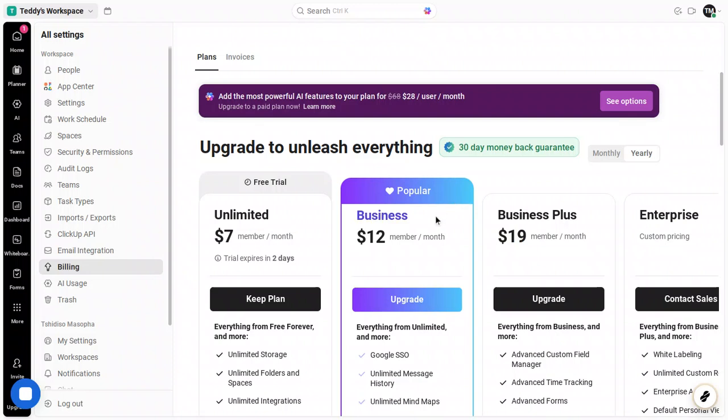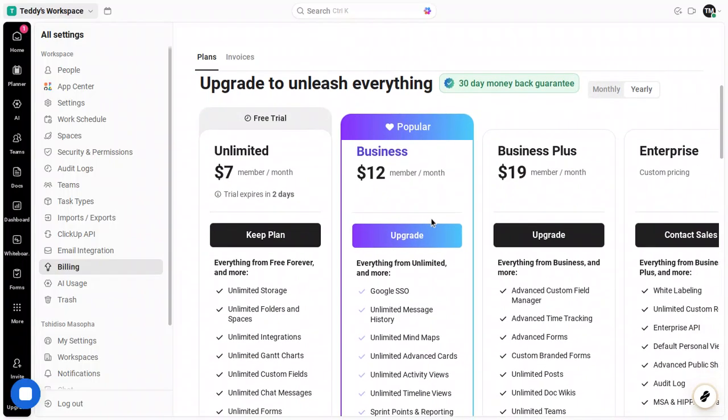With settings open, navigate to billing. This section is important for keeping your subscription in good shape. Click the billing option to review your current plan, monitor usage, and update payment information if needed. It's a good habit to confirm that your payment details are current and that the plan you're on matches how you're actually using ClickUp. Staying on top of this helps avoid interruptions and keeps your team aligned with the right